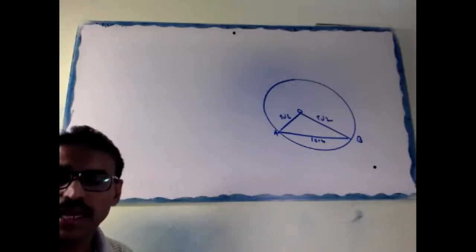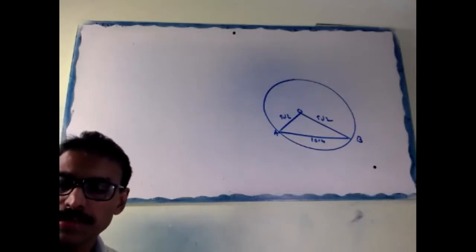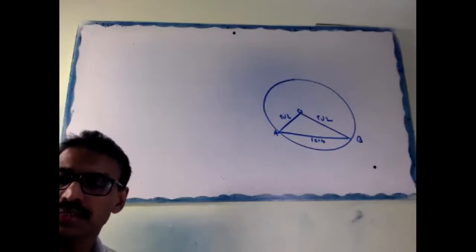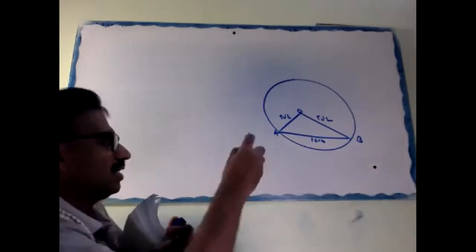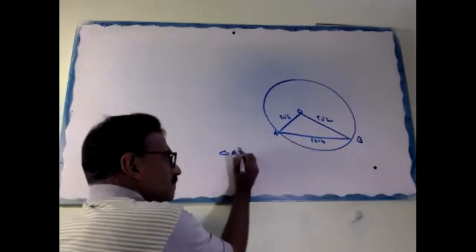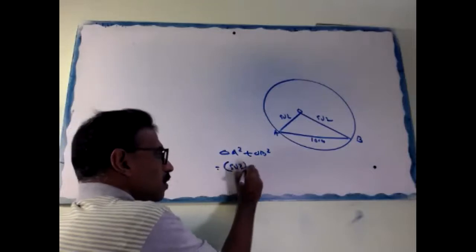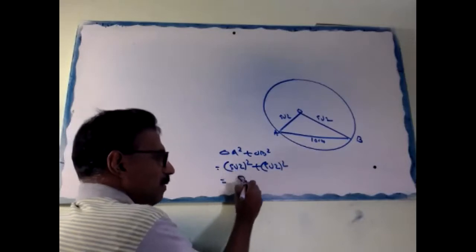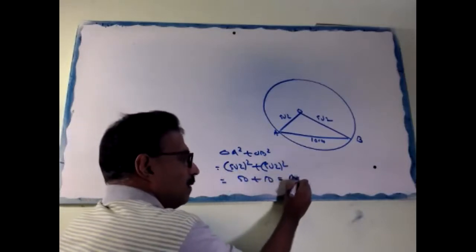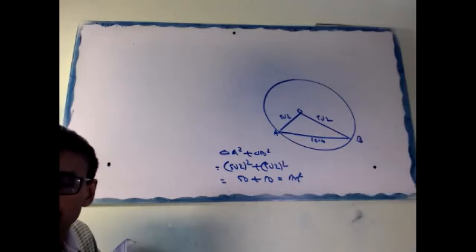Okay, look at here. Which type of triangle is this one? The angle is not given. Isosceles triangle, sure. That is okay, anybody can answer that. It's a right angle triangle, right? Check OA square plus OB square equal to 5 root 2 whole square plus 5 root 2 whole square. How much? 50 plus 50 equal to AB square, right? So that means it's a right angle triangle.